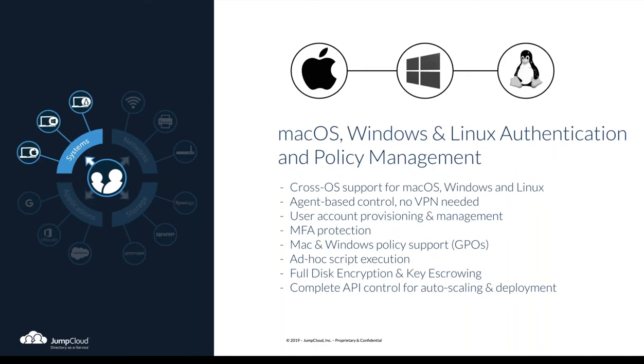When you look at computer and server management, the area we call systems, this is where we get into a very deep, secure, proprietary mechanism of binding a free-floating machine, meaning a physical laptop like a MacBook, or a virtual server like an Ubuntu or CentOS server up in some cloud. We do it through the installation of a lightweight agent, and this agent is responsible for all of the user account provisioning, all of the account management, meaning password and SSH key transactions, the multi-factor authentication to get into those